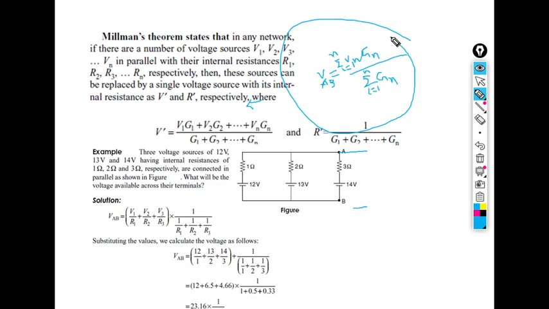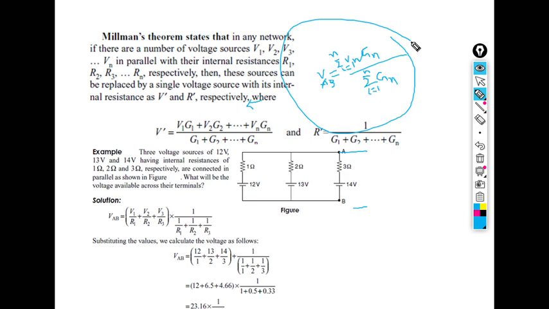Now why have we taken the summation? Because we can see plus, plus, plus, all on the same side, that means the polarity is the same for all sources. That's why I am taking Vn, and here G means admittance, the reciprocal of resistance, or we can say conductance. G is used for conductance. We have taken 1 by R, and in an AC circuit we will take 1 by Z.